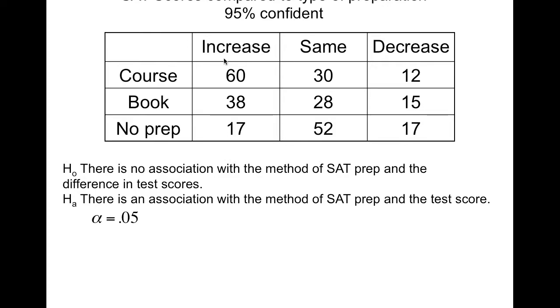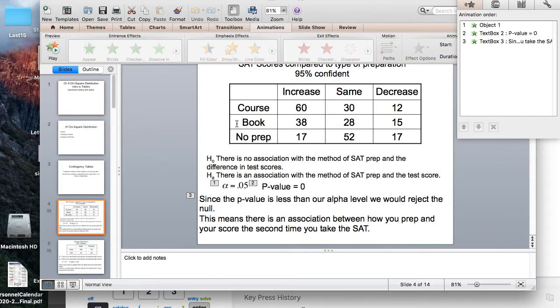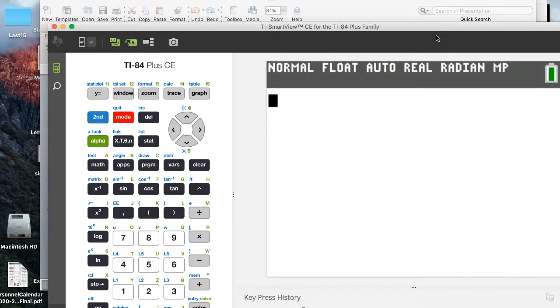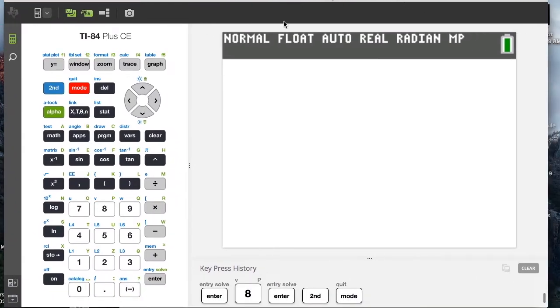Now, one thing you need to look at is how many columns and how many rows you have. This is a 3 by 3 table, 3 columns, 3 rows. So make sure you have this in front of you. And I'm going to go to the calculator to take a look at how you plug that in. Over on your left hand side, some of you might have a matrix button, some of you might have to hit second matrix. So I actually have to hit second matrix,